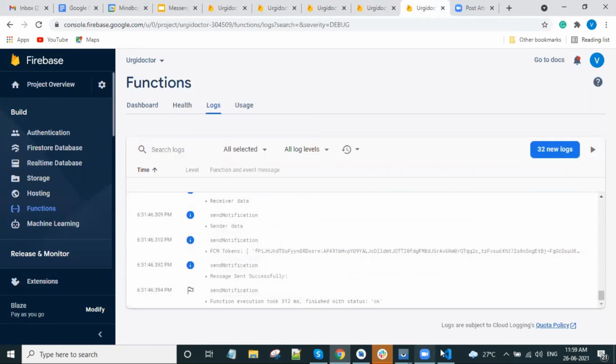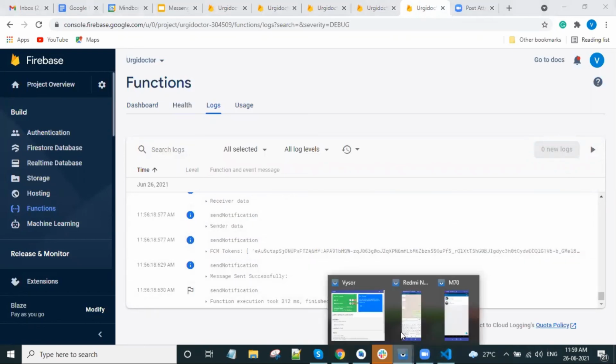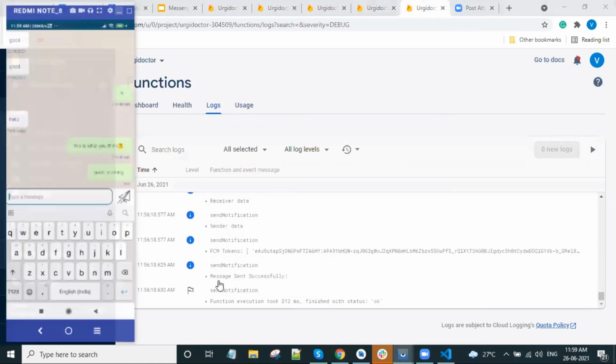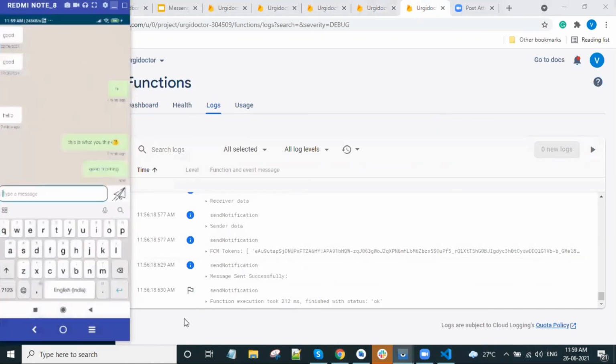I will show you how the data is getting updated. You can see the last updated message time is 11:56. The data is getting updated a little bit late. I think the data has reached the receiver.